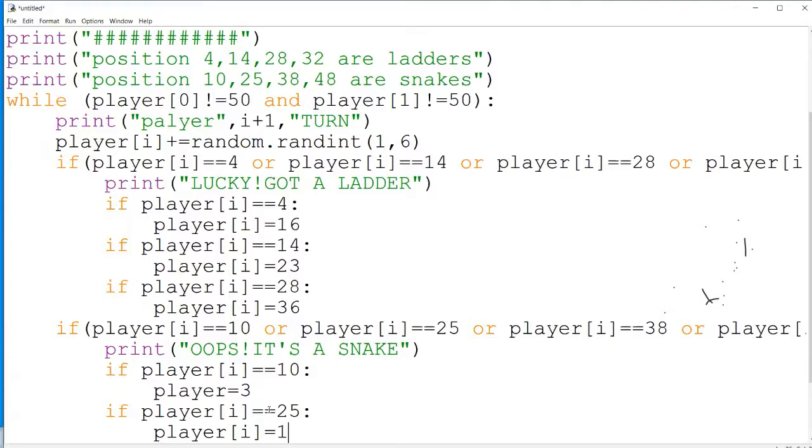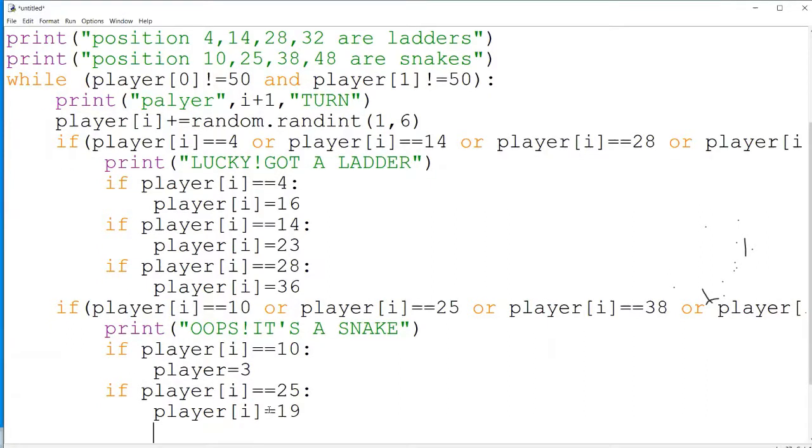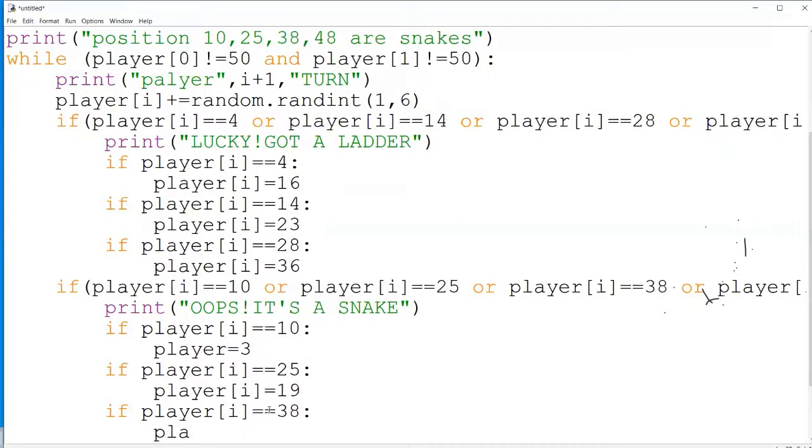Maybe 19 will be a little better. So if player of i is in the next one, 38, from 38 I wanted him to move to the position 25.